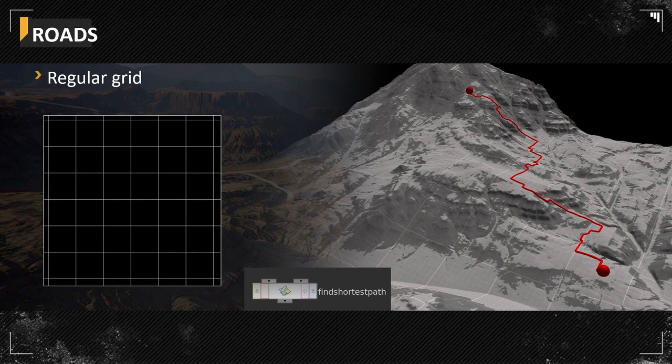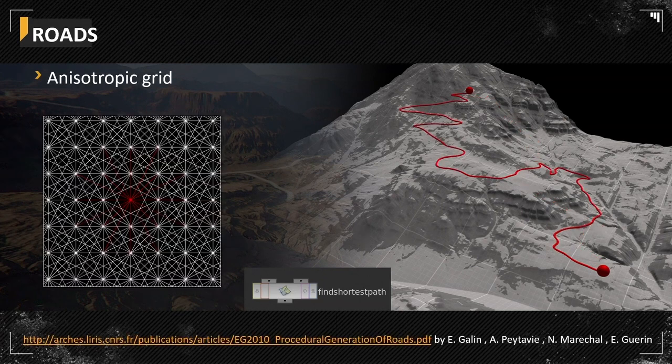So the trick is to use an anisotropic grid, and instead of looking in 4 directions, look in as many directions as you need, because you can extend the grid. The computations are a bit more expensive, but it works much better, and it really sticks to the topology. After that, of course, you need to terraform, but terraforming is basically an attribute transfer, nothing more.